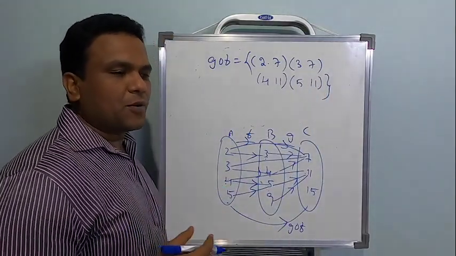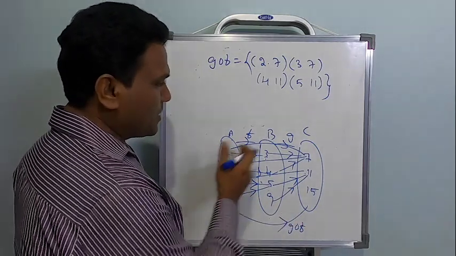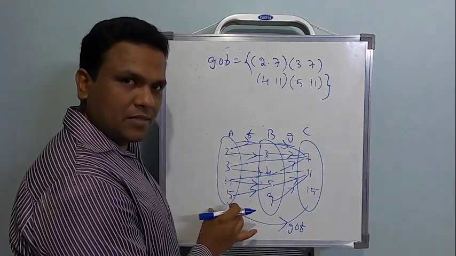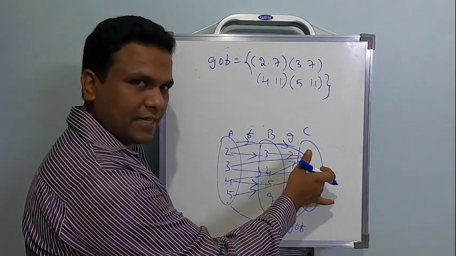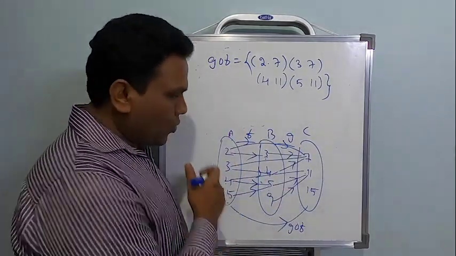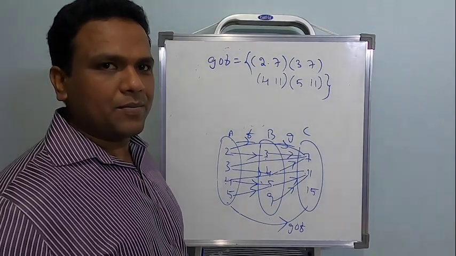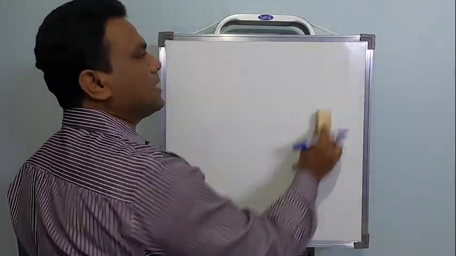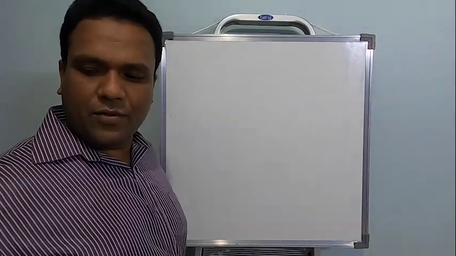So when you see the problem, you have to understand what exactly g of f is. g of f is a function defined from set A to set C. That means you have to find the image of the elements in set A, in set C, but you cannot start at A and reach C directly. So start at A, travel through B and reach C. While doing this procedure, the arrow diagram is the easiest way to understand the concept of this example. Okay, fine. I will suggest that wherever necessary in this functions topic, you take the help of the arrow diagram. They are quite easy for us.